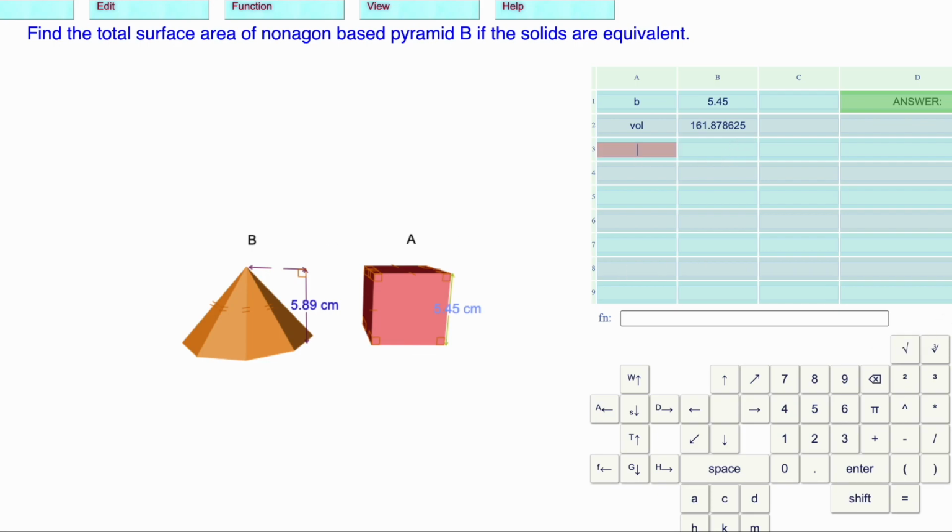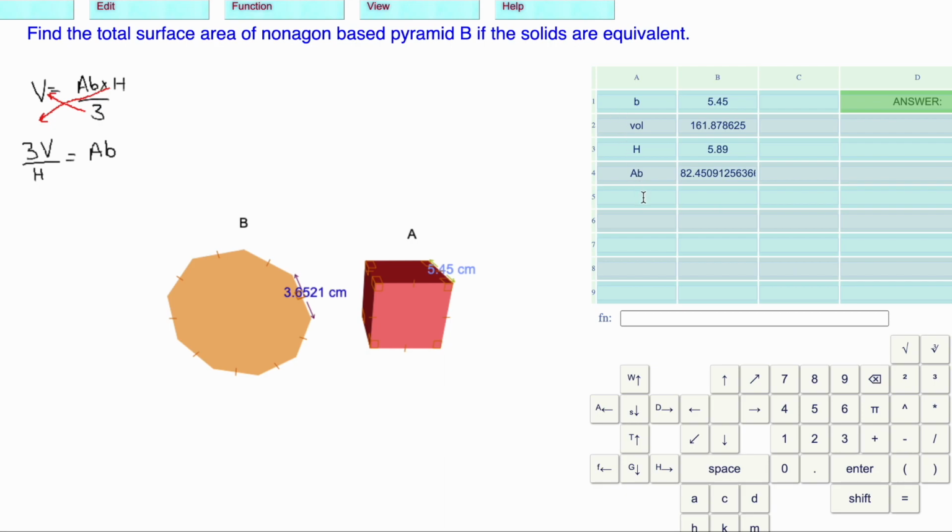161.878625. We know that the volume of the pyramid is the area of the base times the height divided by 3. We know the height is 5.89. We can find the area of the base by cross multiplying. The 3 is going to come up, multiply the V, and the H is going to come down and divide all that. We end up with 3 times the volume divided by the H is the area of the base. Area of the base is 3 times the volume divided by the height is